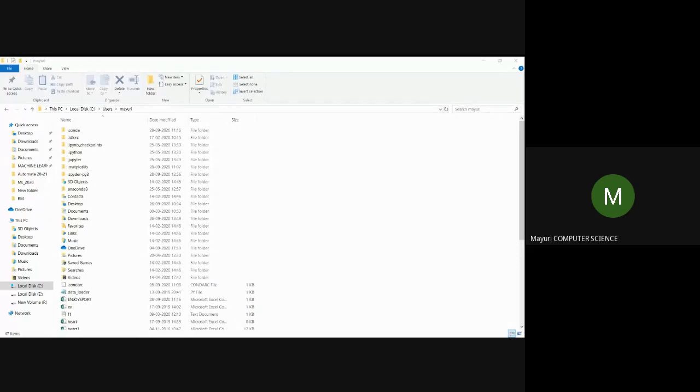Automatically, I think it will go to C drive. Make sure your dataset file has to be the CSV file, and at the same time the dataset has to be in the location where you have saved your program with the extension .py. So these are the things which I have mentioned right now. Fine. So let me share you the screen.